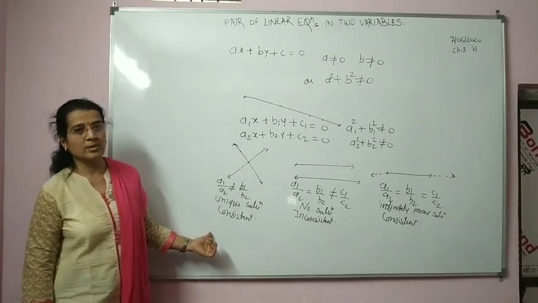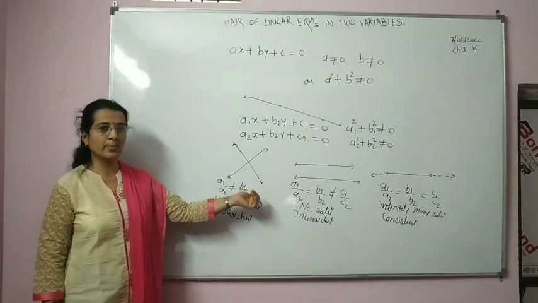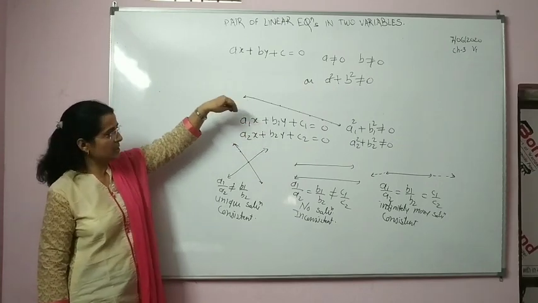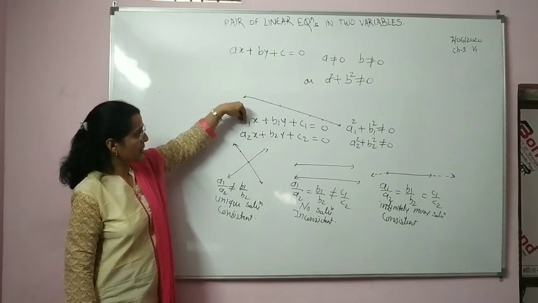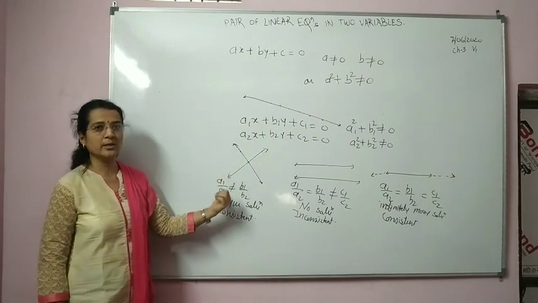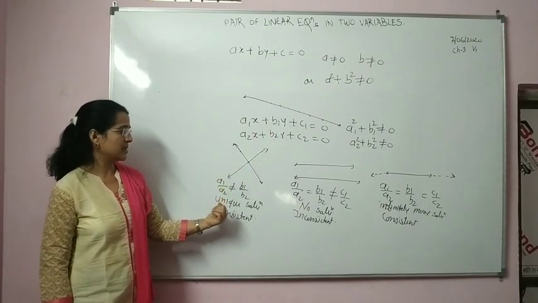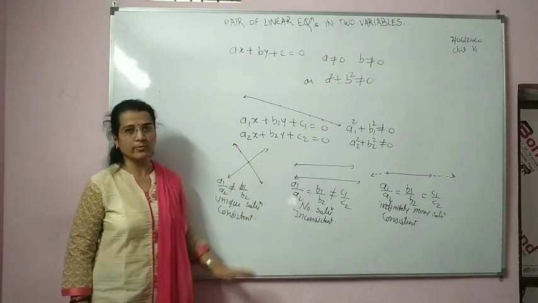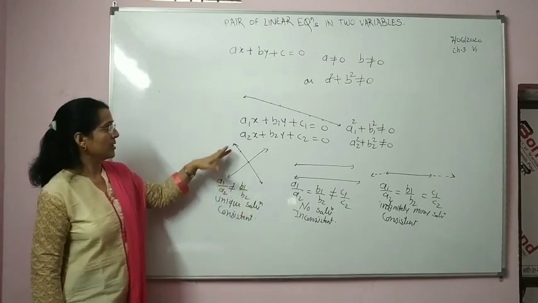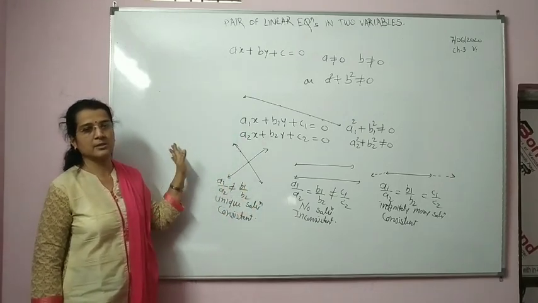Sometimes the question says the system is consistent or the system has a unique solution, find the value of k. So that time you will have some specific value, and in place of a1, b1, c1, one of the values will be k. Then you have to find the condition, for which value of k the system has a unique solution, infinitely many solutions, or no solution. So this is all about the consistent system and inconsistent system.